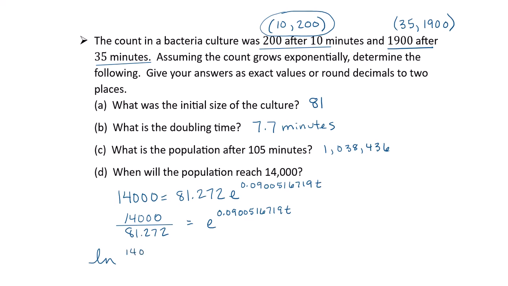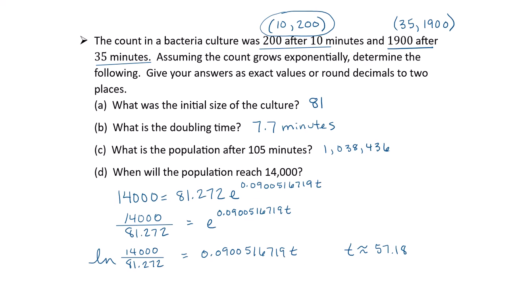So this is natural log of 14,000 over 81.272 equals 0.09005167119 t. And when I divide both sides by that k value, I'm going to get approximately